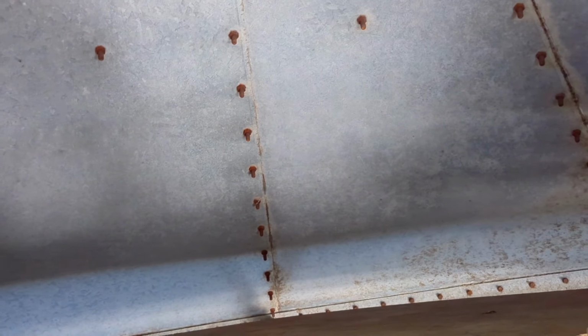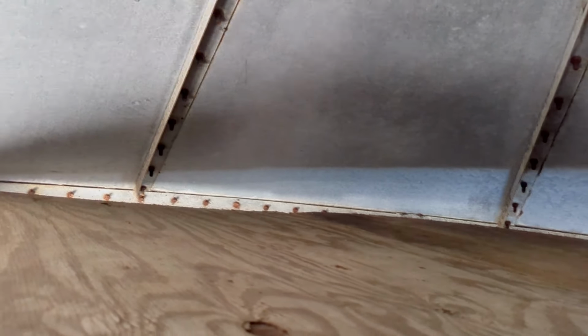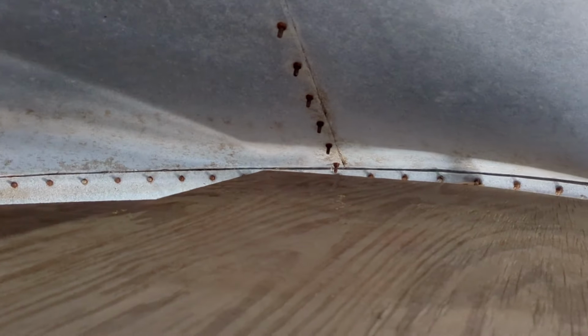I'll be able to put a couple screws down the middle here, but then I'm gonna have to drill a hole into the nut, because as you can see, this is only the 3/8, so it's pretty flimsy. And I want to be able to drill into those blocks, but I need to get it set in place, see where it's at. Obviously, I need to reattach this panel. It's gonna be really hard to get to